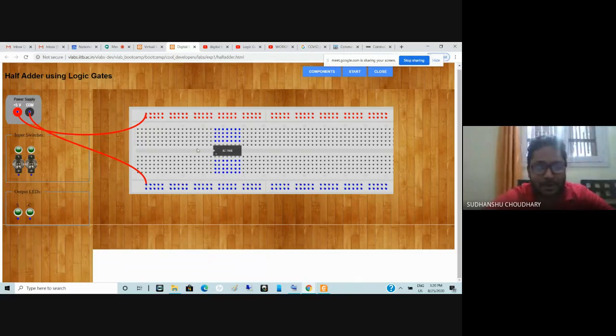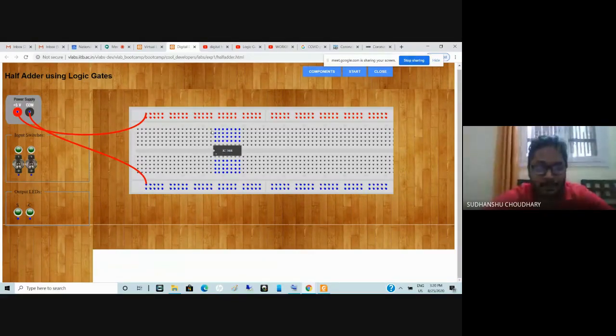Now from here, I'll make connections to my pin number 14 and 7. Above pin number 14 is the notch. Pin number 1 starts here, so 1 to 7, and then 8 starts from here at the top, 8 to 14. So this is my pin number 1 here. I can connect any of these blue holes which are appearing above pin number 14.